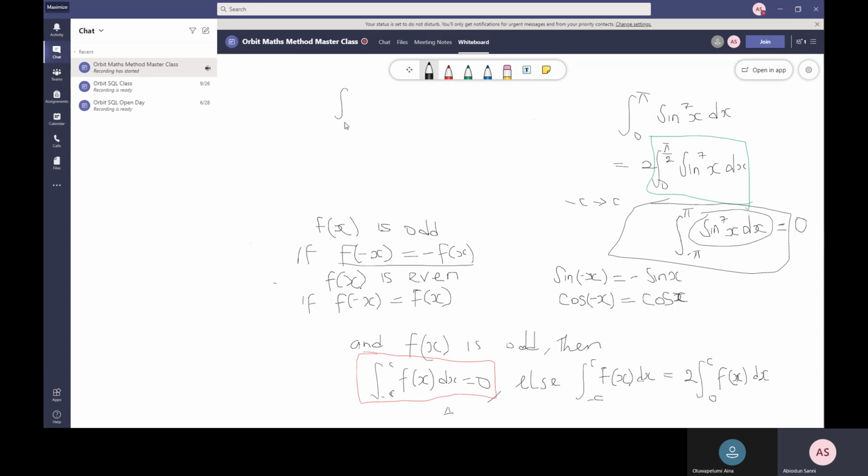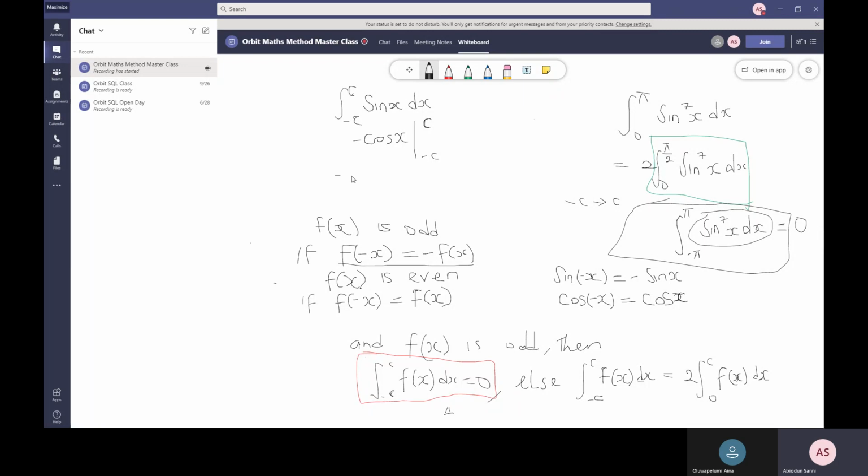So let's say integral from minus c to c. I don't need to use any value. Let me just use minus c to c because it's general. So let me say integral of sine x dx from minus c to c. And since sine is an odd function, this is supposed to give us what? 0. So now what's the integral of sine x? That's minus cos x, right? Yes. So I'll take the limit from minus c to c.